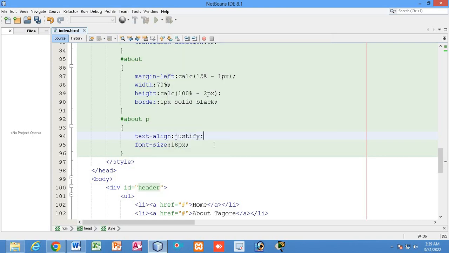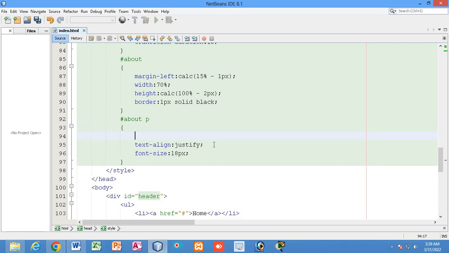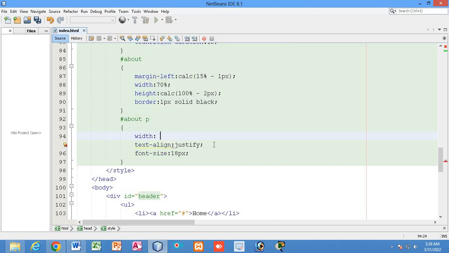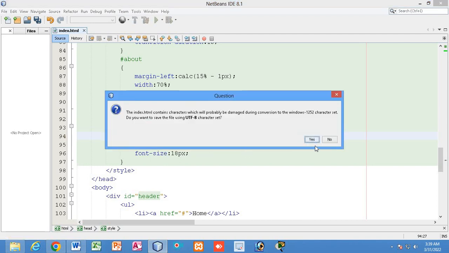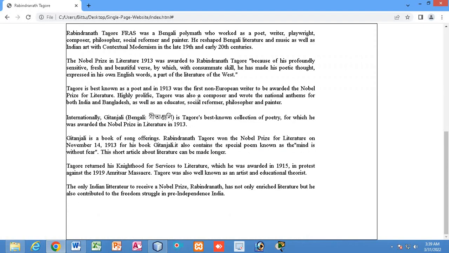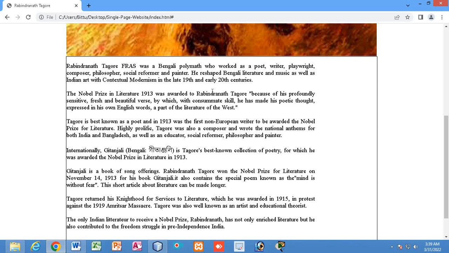Another thing, the width will be, let's say, 80%. So let's see how it appears. So you can see this is how it appears.